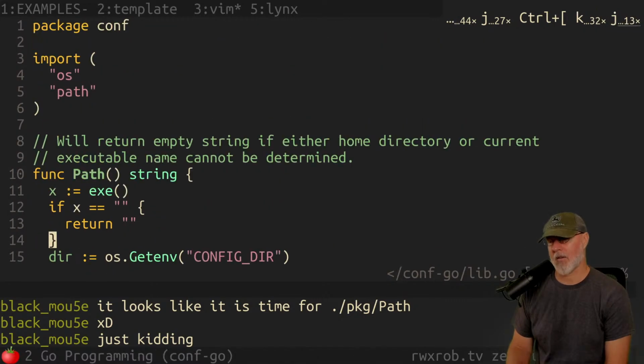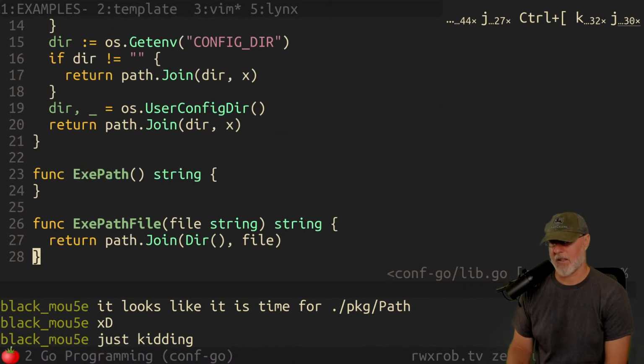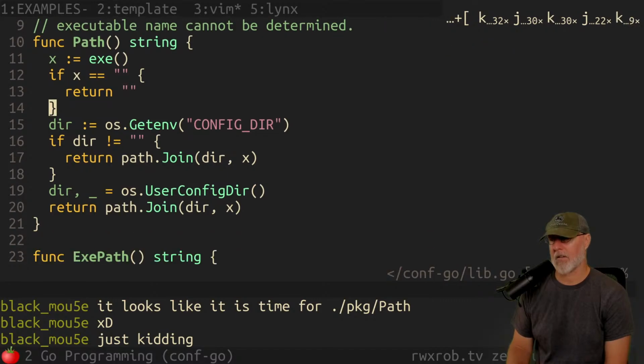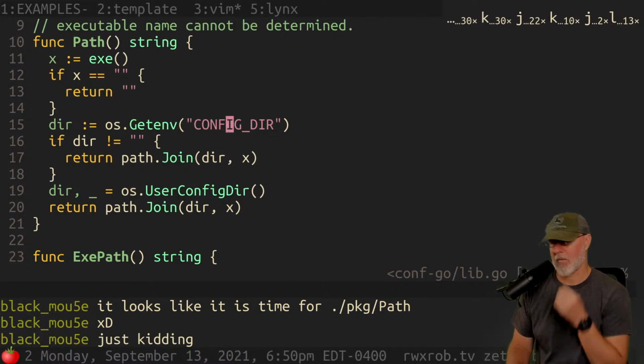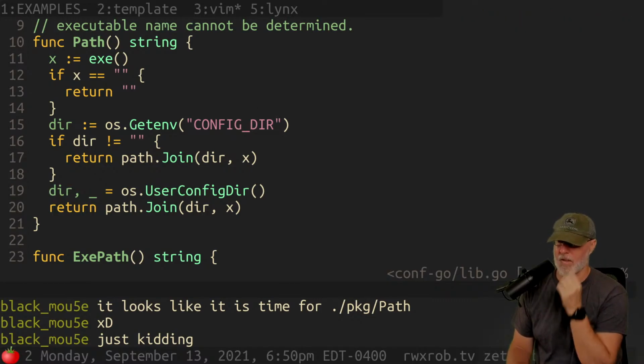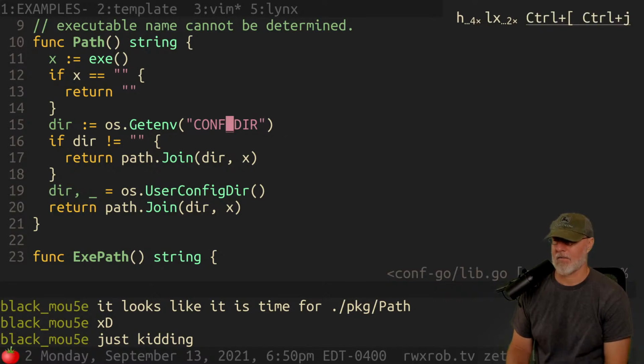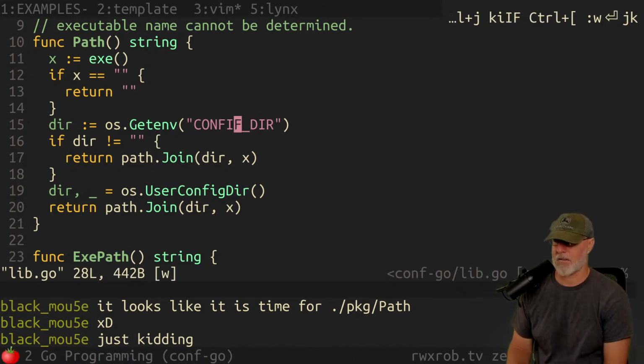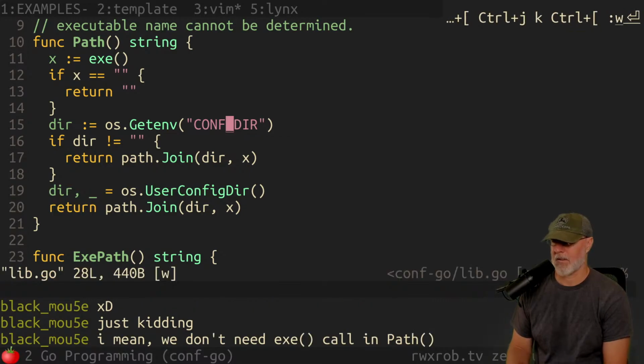Conf.path is just a generic path to the configuration directory, which is taken over by config directory or whatever. This makes me wonder if I want to use config_dir or not. I feel like I do, though. At one point I had conf-dir like that, but I don't know. What do you think? Call it path?